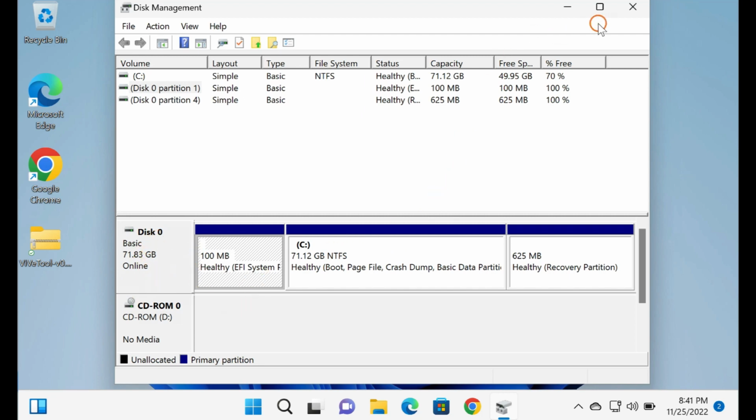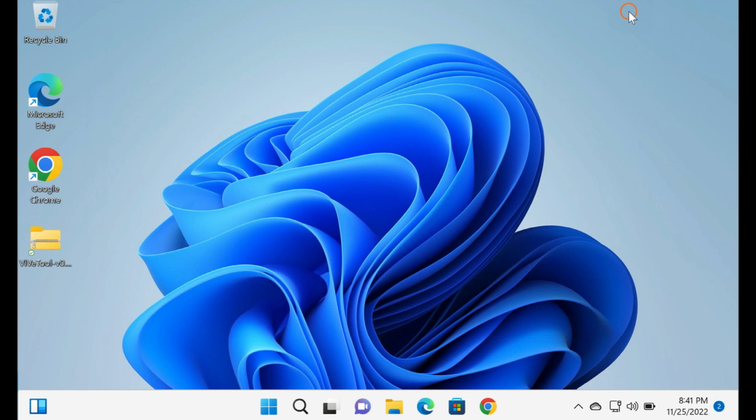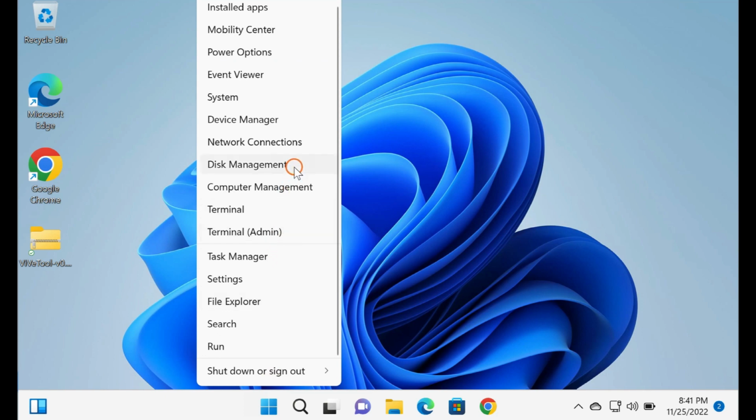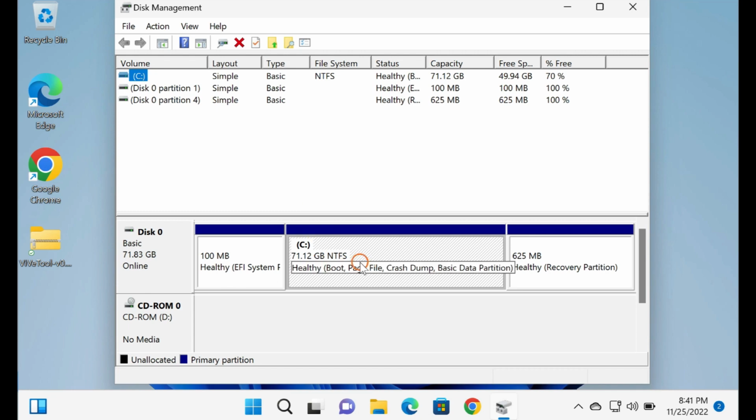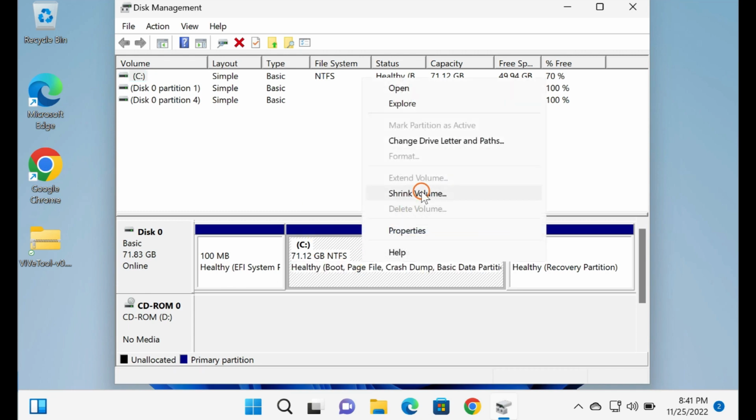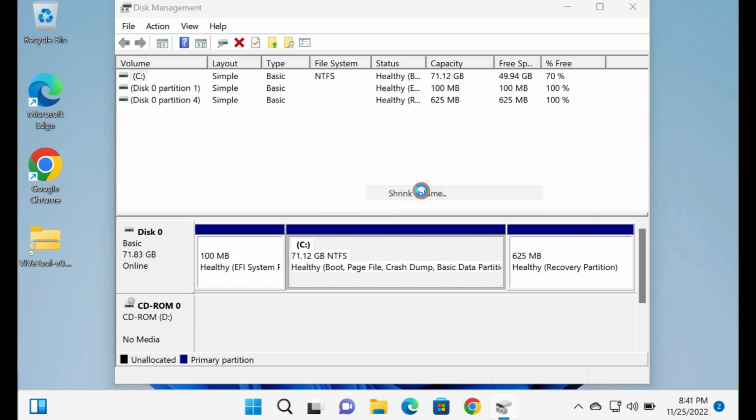How to resize a partition on Windows 11 or 10. To resize the existing partition, you need to shrink the volume, so the unallocated space can be allotted to another volume or partition. To resize a partition, right-click on the Start button. Then, select Disk Management to launch the Disk Management tool. Now, right-click a volume or partition in either pane and select the Shrink Volume option. Please note that you can only shrink a volume if it has enough free space. In my example, we are shrinking volume C, which has enough free space.